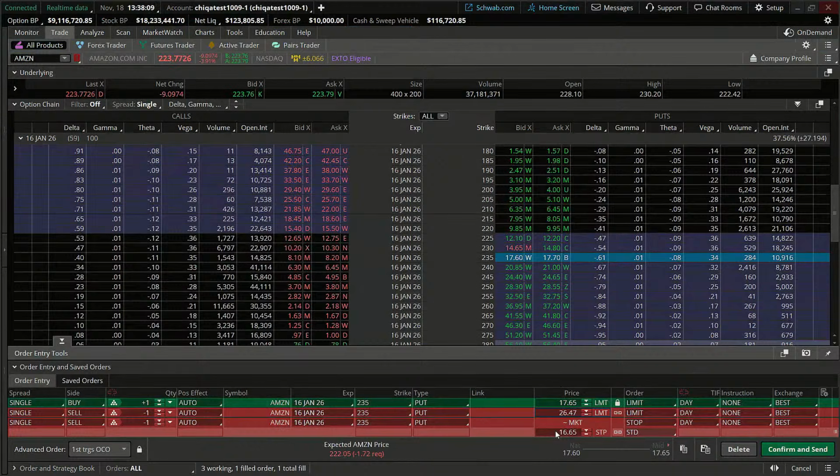And we simulated a little bit of a move, maybe past our 50 period moving average and past our 100 period moving average. So that would give us, let's just say we are going to look at if the price of this option loses 40%. So I'm going to take 17.65 and multiply that by 0.6. And that gives me 1059.